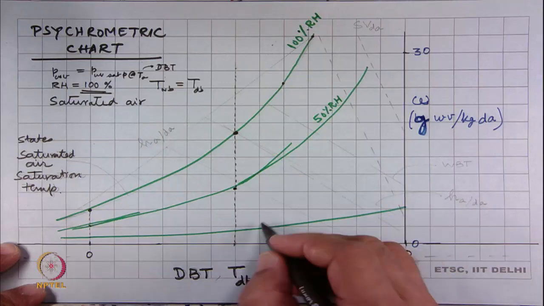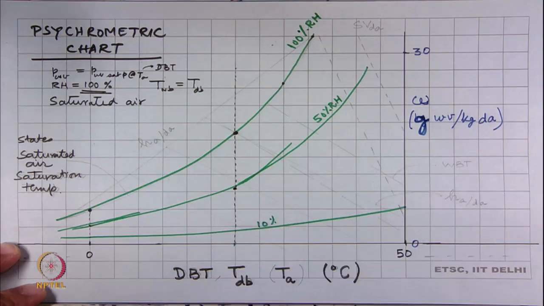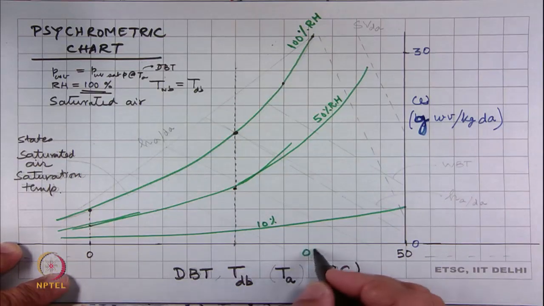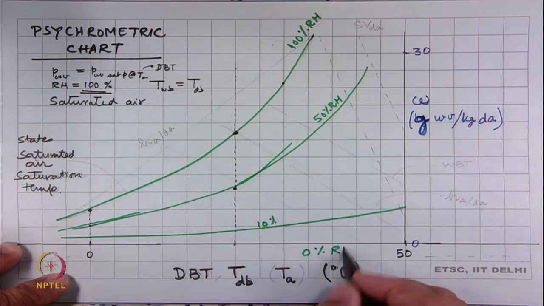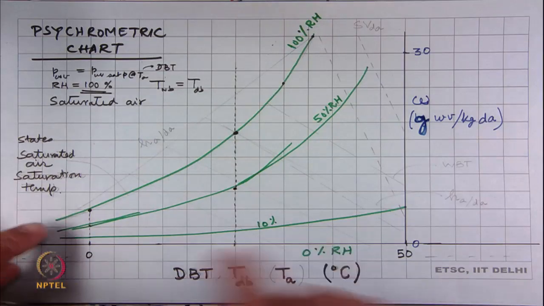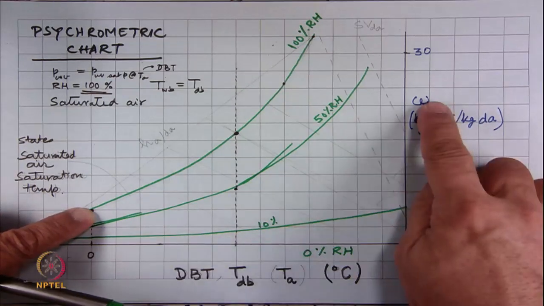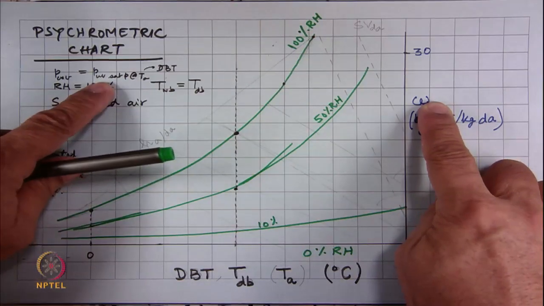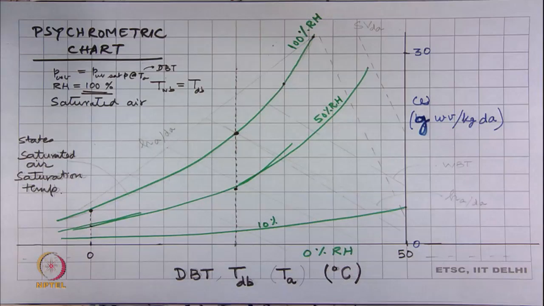And like that we can continue making lines all the way down there, and this could be say 10% relative humidity, and then this line, the axis itself, is 0% relative humidity. So, in between we can draw more lines, as you saw on the graph. For every 10% change of relative humidity, there is a line. So, that is one set of lines that we got, and what it basically means is that each point here corresponds to omega for the saturation vapor pressure, simple as that.